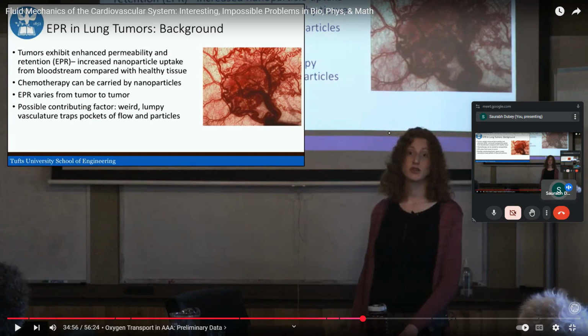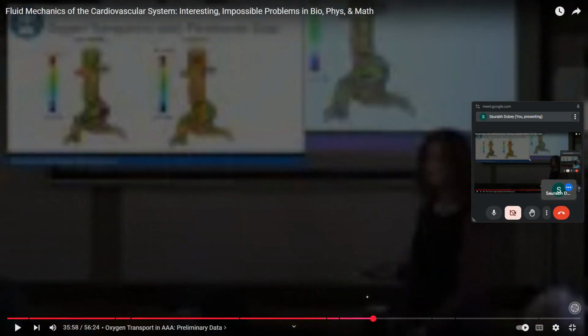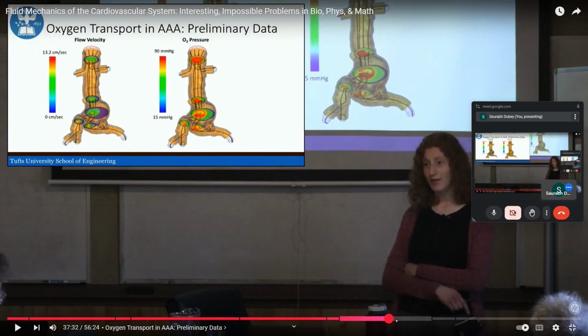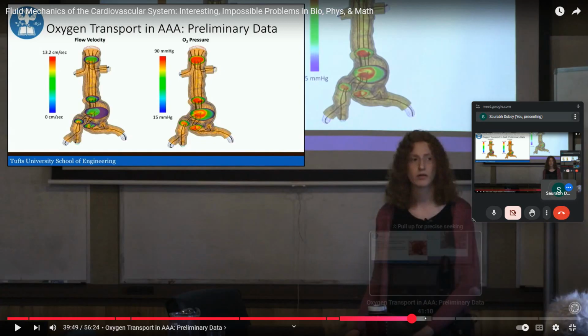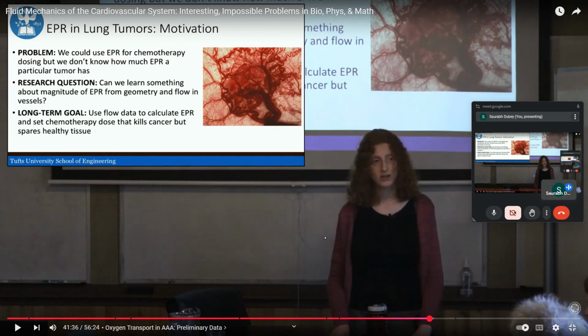A possible contributing factor is weird, lumpy vasculature that traps pockets of flow and the particles, right? So these were some flow velocity versus oxygen pressure flow fields and about this EPR. So based on that EPR problem, we could use EPR for chemotherapy dosing, but we don't